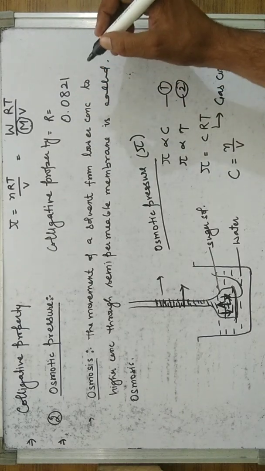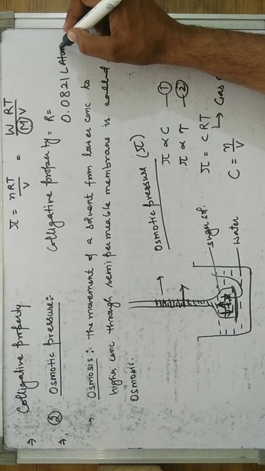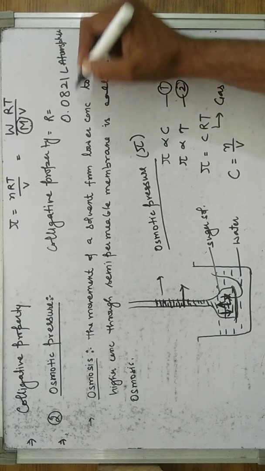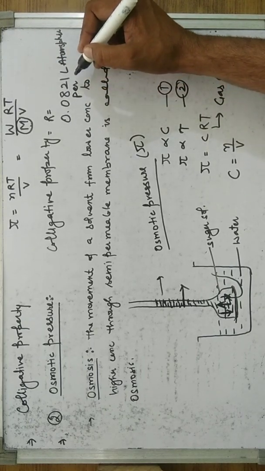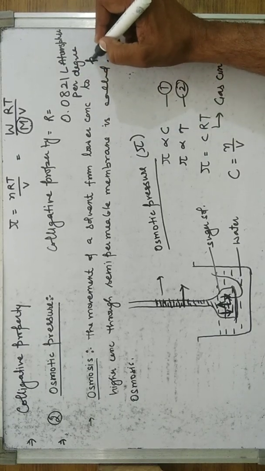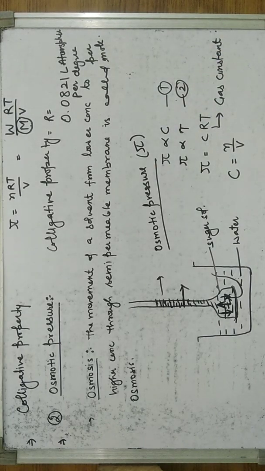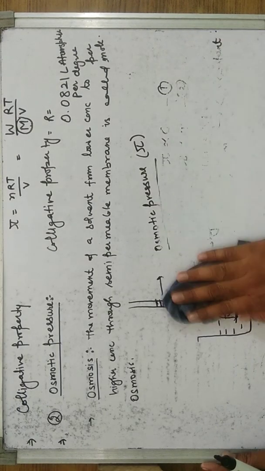Its value is 0.0821 liter atmosphere per degree per mole. This is the units of the gas constant. Now we study some more about